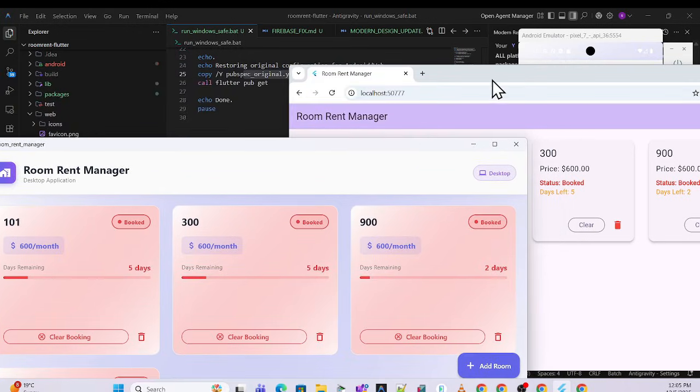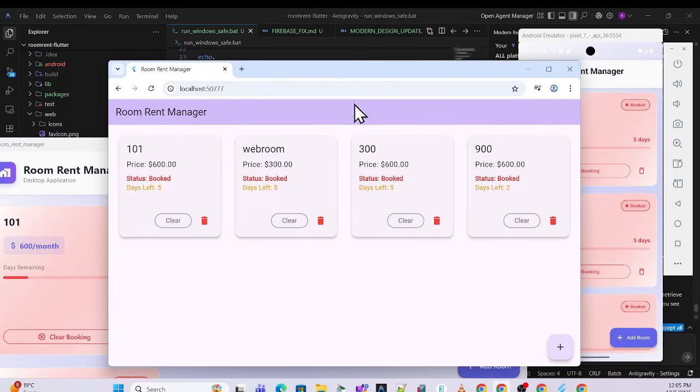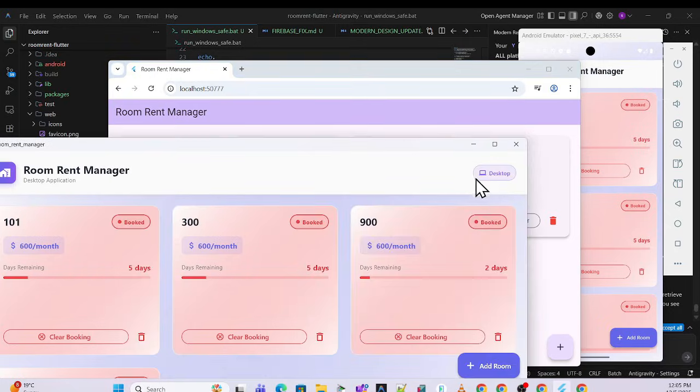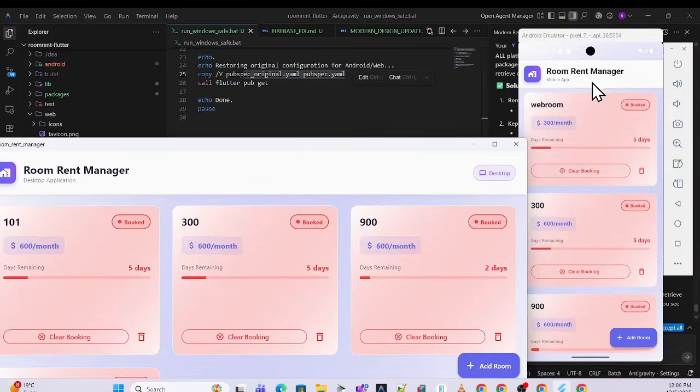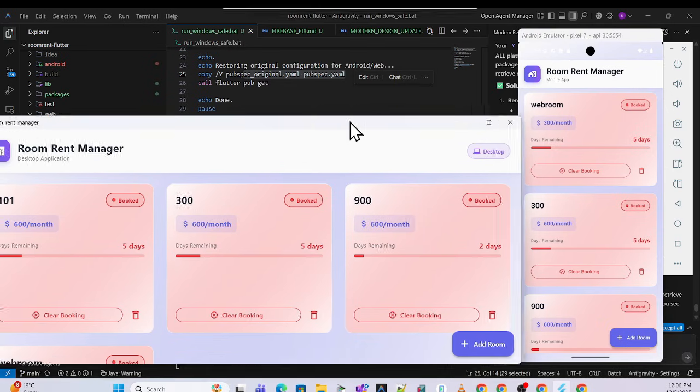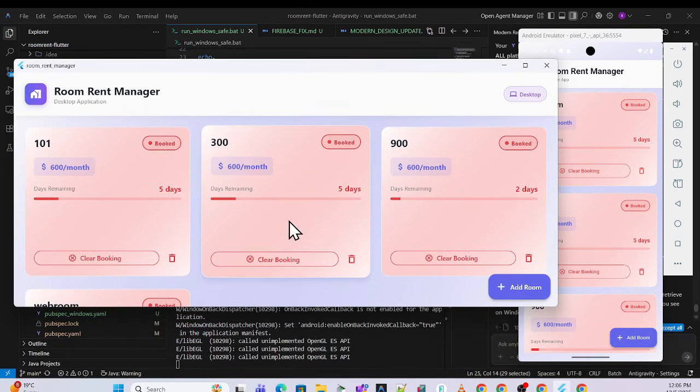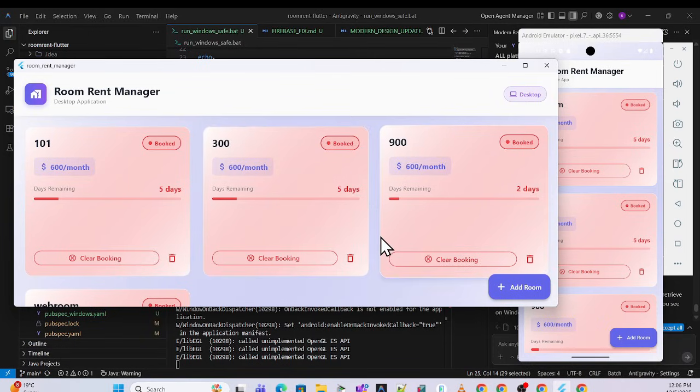And yeah, also see, they are telling over here, see, this is web, and this is the desktop. So this is mentioned as desktop. If I expand over here, yeah, nothing, that is fine. And for Android also, it is an Android mobile app, right? So yeah, they created a nice app for all the cross platforms using Flutter. So yeah, we can tell,